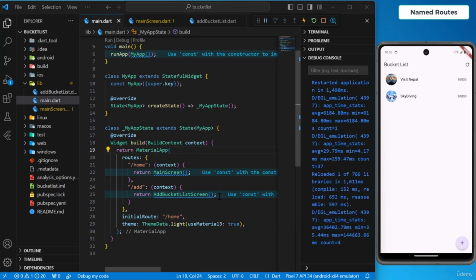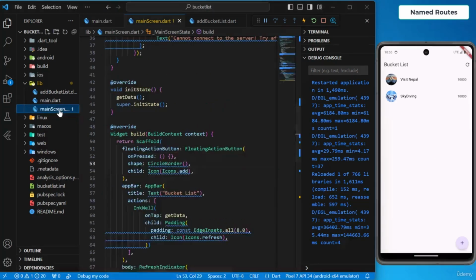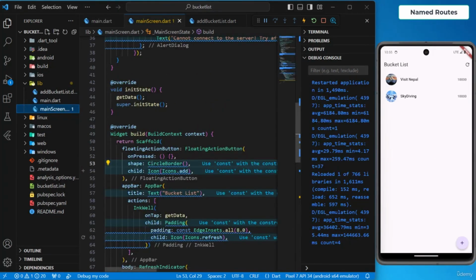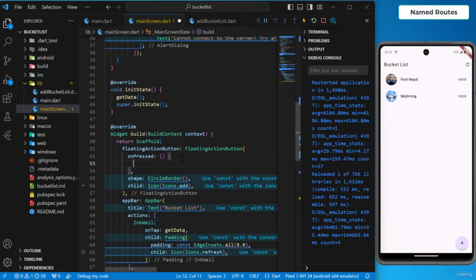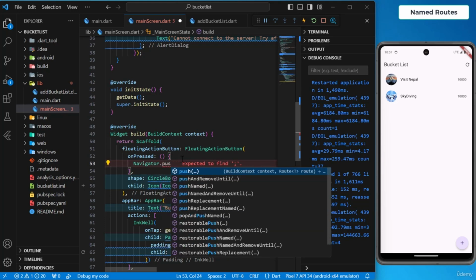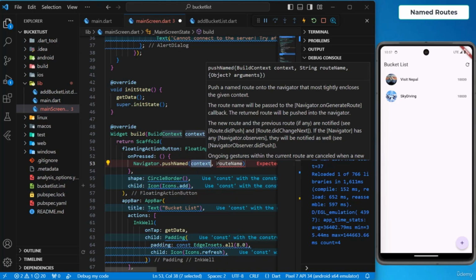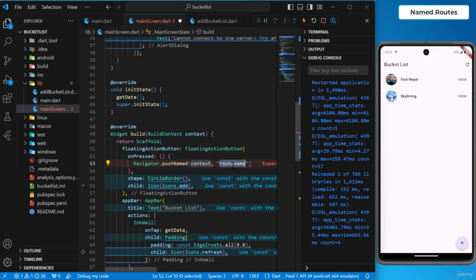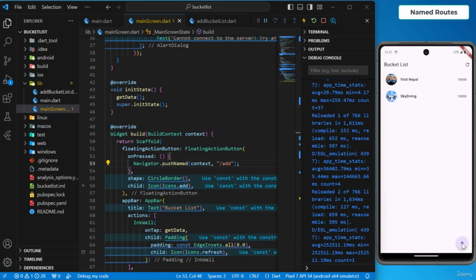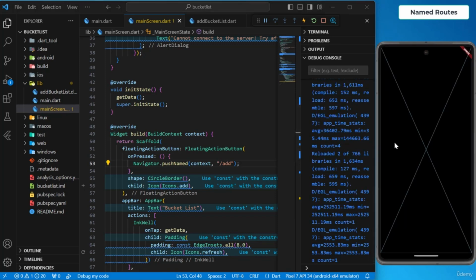we can use this for navigating between the screens. So let's move into this main screen, and when this floating action button is clicked, I want to navigate into this add bucket list screen, and for that I can use the named route. So inside of this onPressed function, I'll be using Navigator dot pushNamed, and then the first argument will be the context and the second argument will be the route name. So /add we created previously in our main, so we'll be using it here and end it with a semicolon. So now if I click this plus button, another screen will pop up,